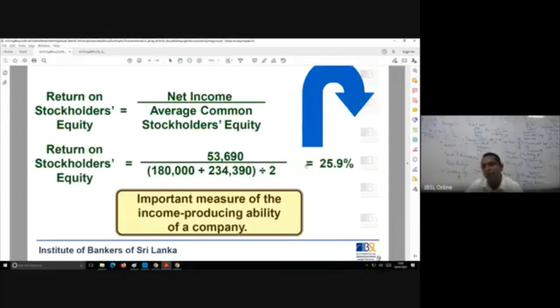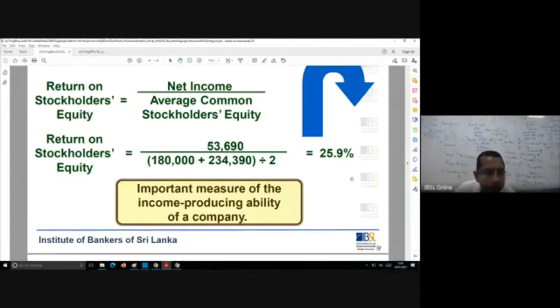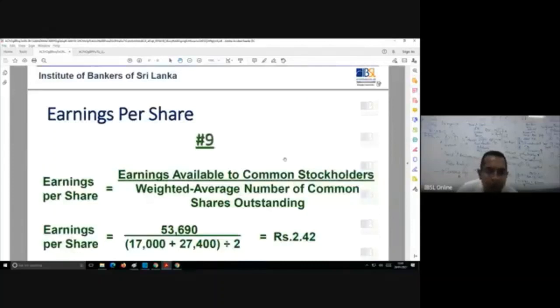So you have a return of 25.9%. Right? An important measure of the income producing ability of a company. What is the return on your equity? Then comes the market